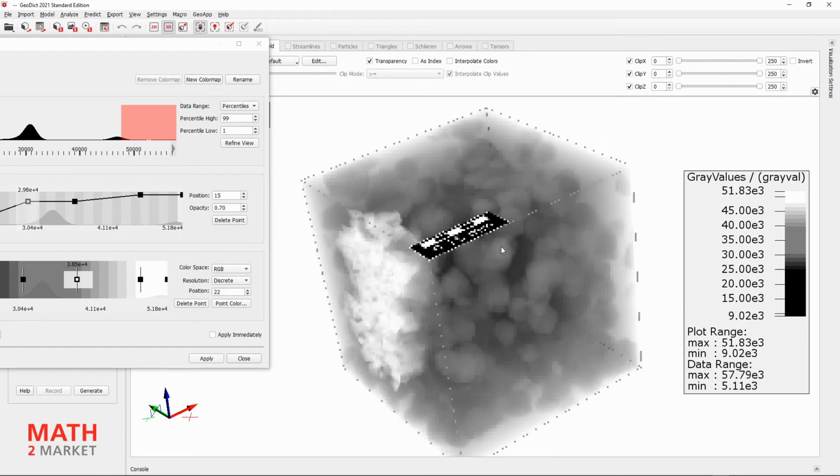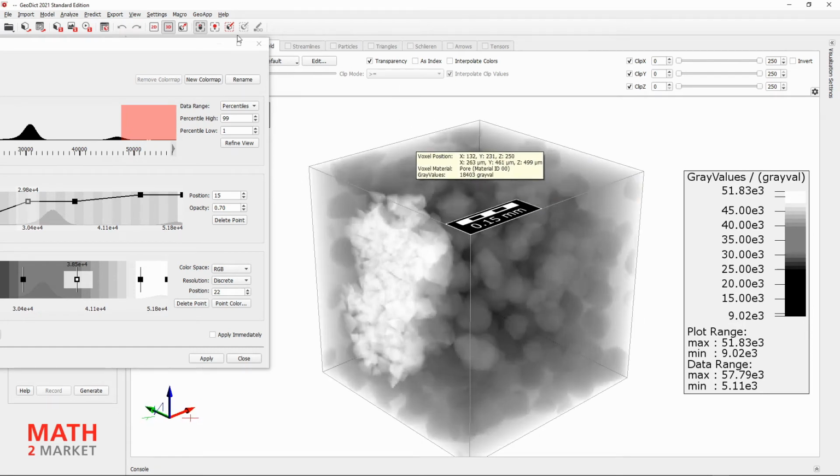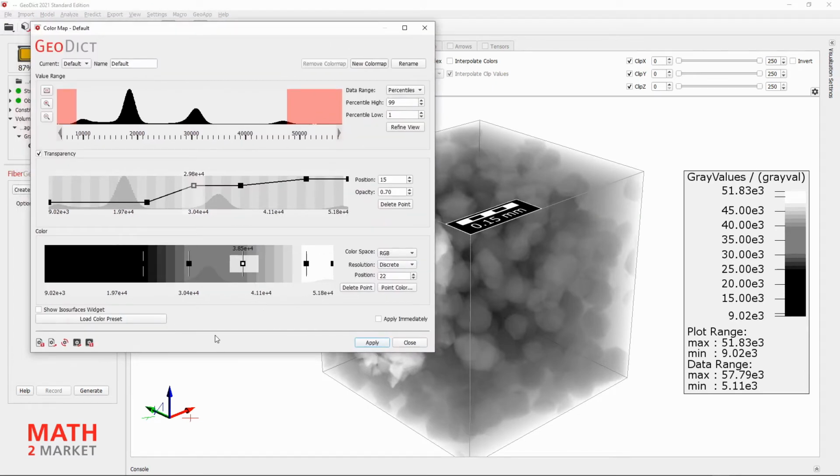Before we go on, we want to save the current state of our work. We move the color map dialog back into View and have a look at the 5 buttons in the lower left corner. In every Geodik dialog, the settings can be saved and reloaded. Additionally, you can load the built-in default settings, load the startup settings, and save the current settings as the startup settings.